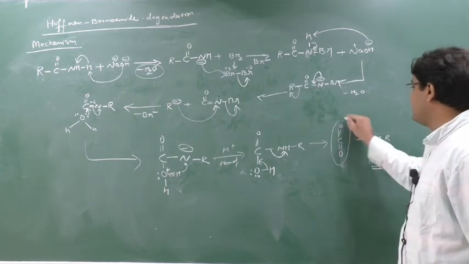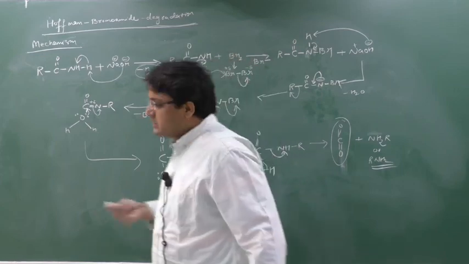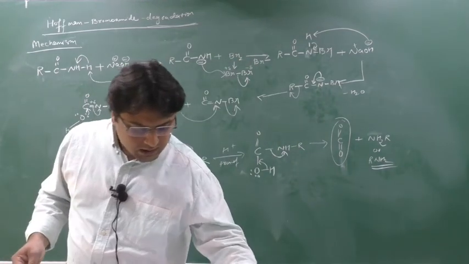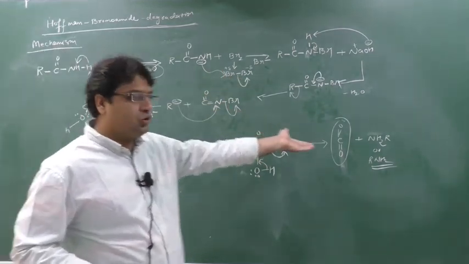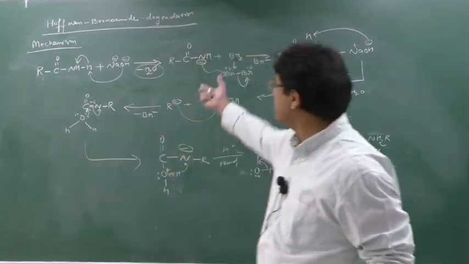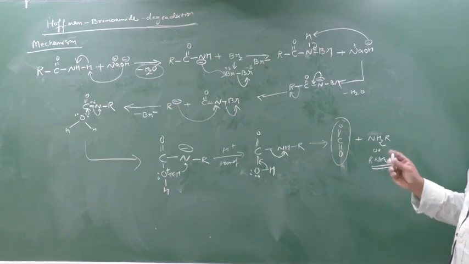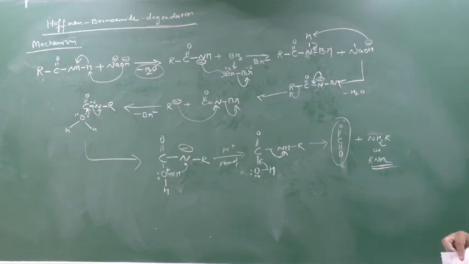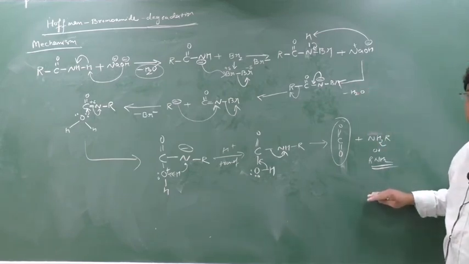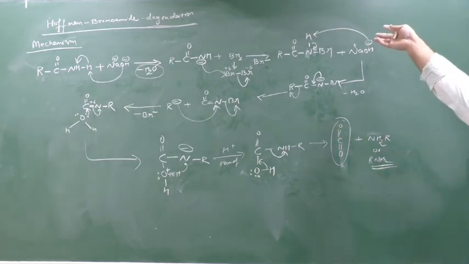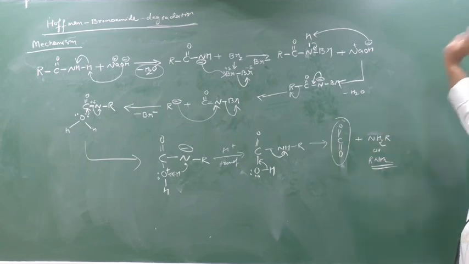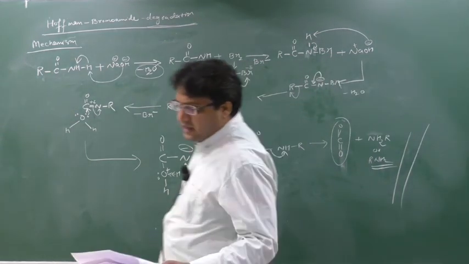Here it also forms carbon dioxide. Yes or no? This carbon dioxide, what will it do? You know, this carbon dioxide will try to find Na. It will combine to form Na2CO3 and H2O is generated there. So this is the mechanism of Hofmann bromamide degradation. Up to here only in the exam you have to show. Don't worry about this carbon dioxide. This carbon dioxide will further react with Na to form Na2CO3 and water will be released. So this is your mechanism of Hofmann bromamide degradation reaction.